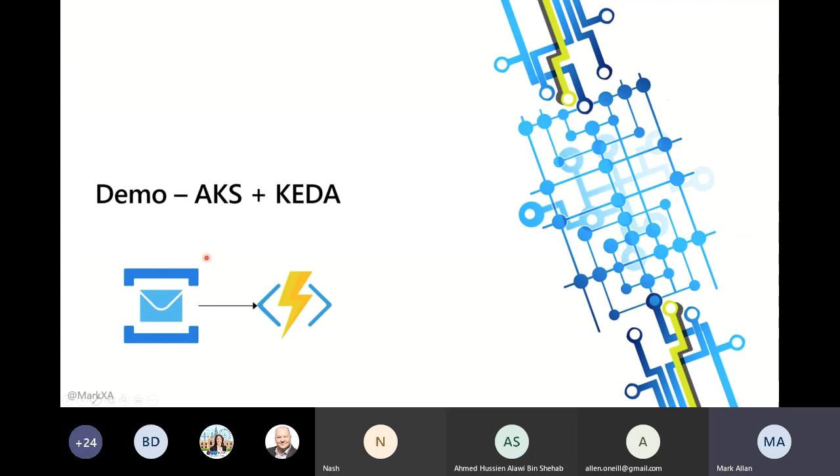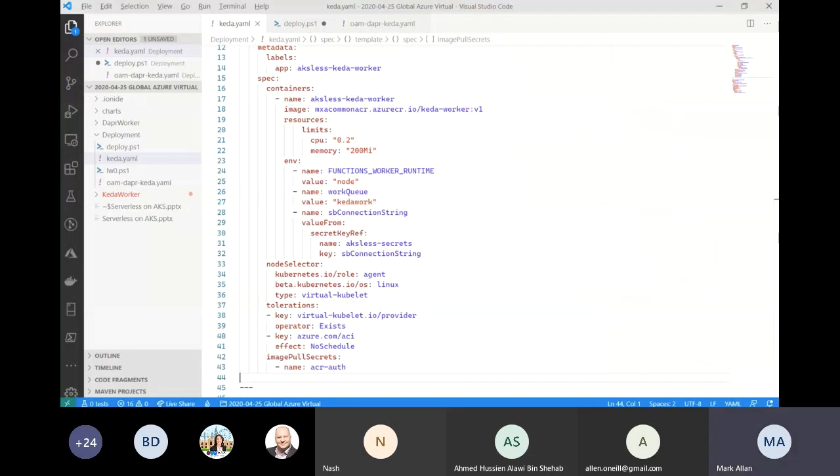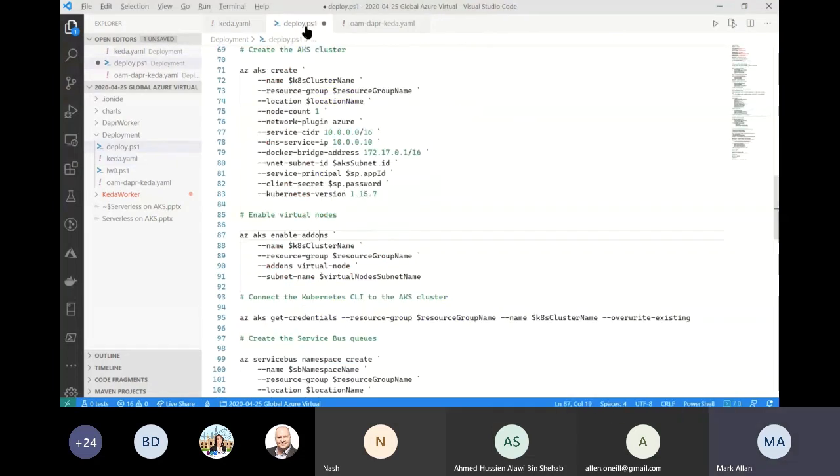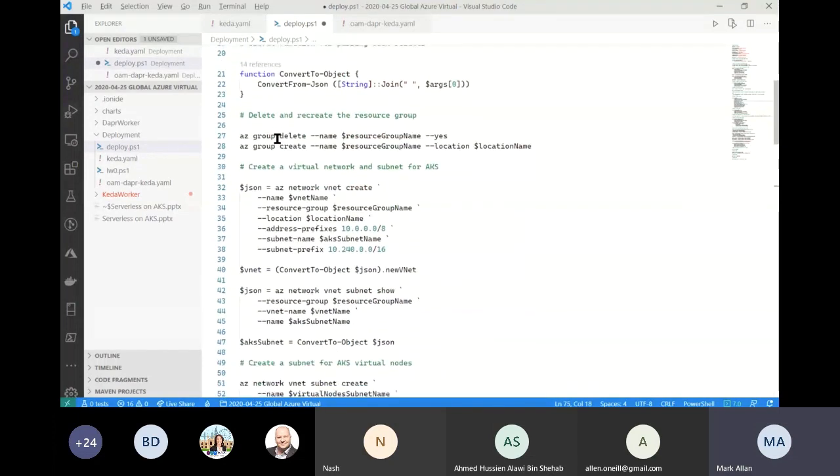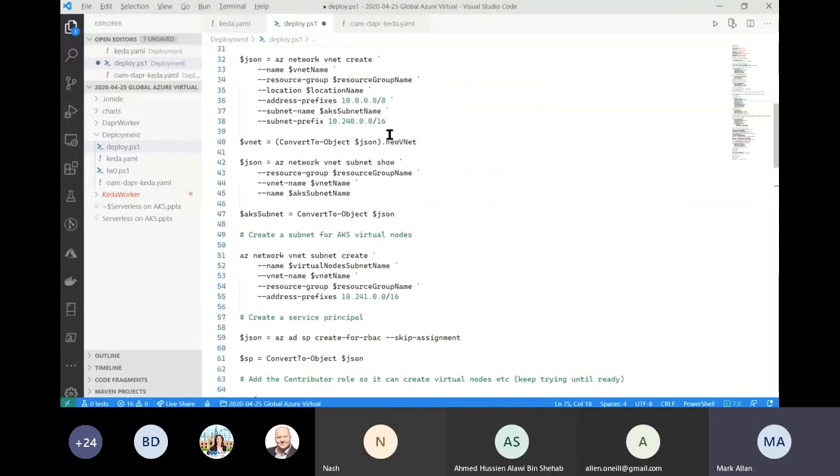This is going to be the simplest thing that possibly works. So all it's going to be doing is setting up a service bus queue, and that service bus queue will be consumed by an Azure function slash pod, which does a thing and processes all the messages in that queue until it's done and then gone. So this really is a very simple thing. And this is the way it works. So I'll just quickly walk you through the deployment script here. So if we ignore the ceremony at the start there, we're going to create a virtual network.